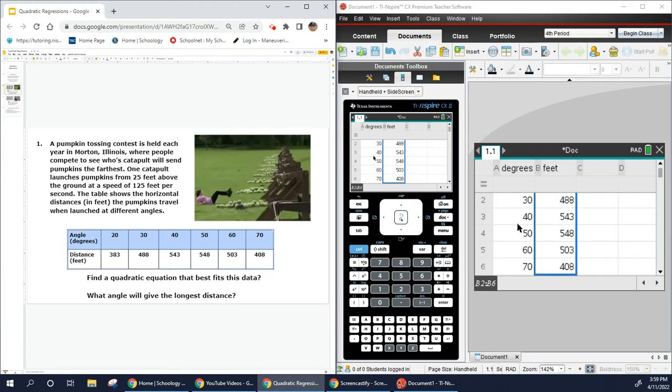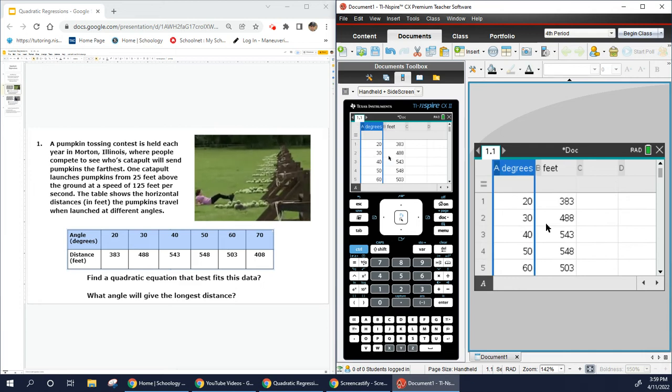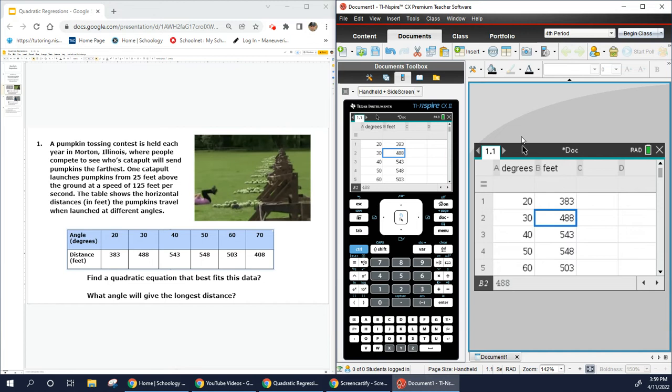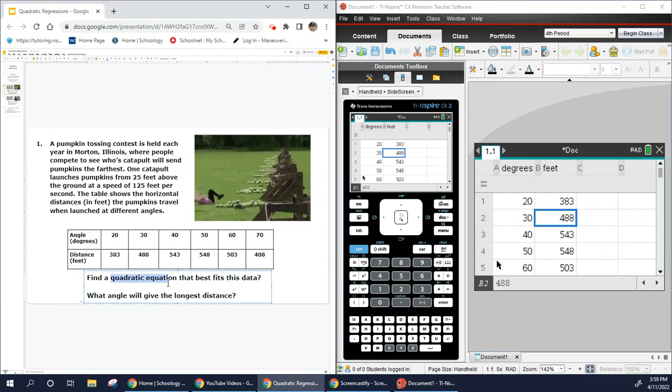Okay. Once you've labeled your table, we know that we're dealing with a quadratic equation. If not, we can make this table, find an equation, find the graph from it, and based on the graph, we can make our predictions from there. But because we know we're dealing with a quadratic equation, and the question says find a quadratic equation that best fits the data,